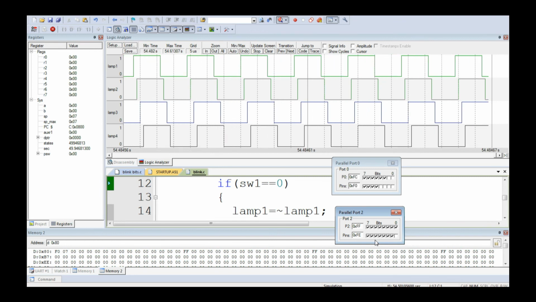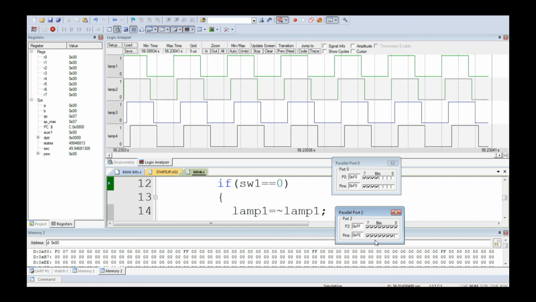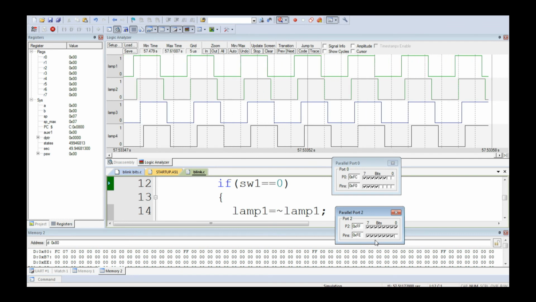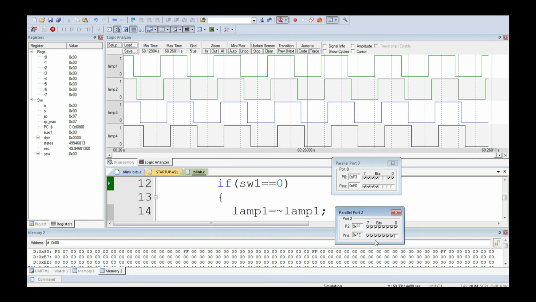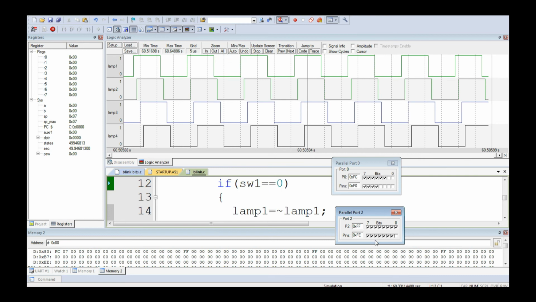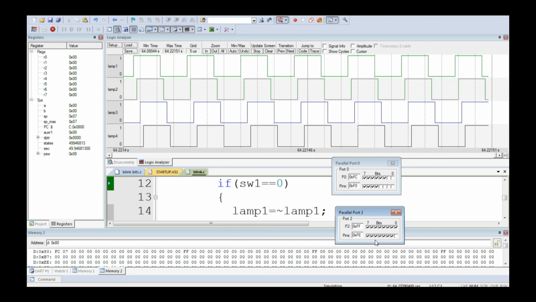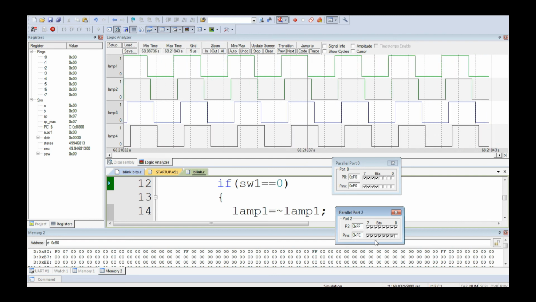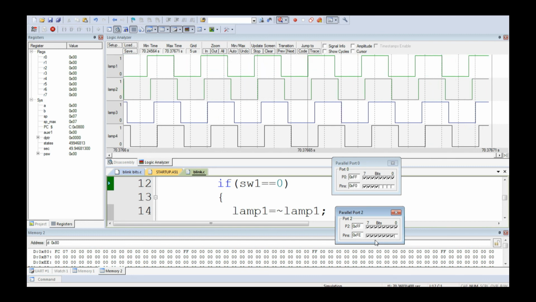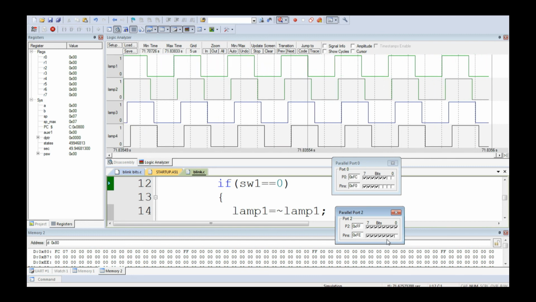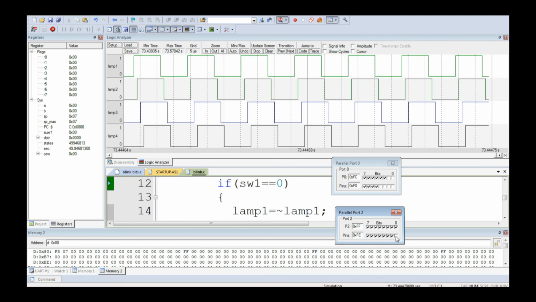Assuming the 4 indicator lamps on the 4 sides of the car keep on blinking because we have pressed the parking lamp switch. Switch 1 is the parking lamp switch. So as long as switch 1 equal to 0, all the 4 lamps will keep on blinking. Blinking means toggling. If it is 1, the lamp will be on. If it is 0, the lamp will be off. Okay, now I am switching off. See, I am making it 1.